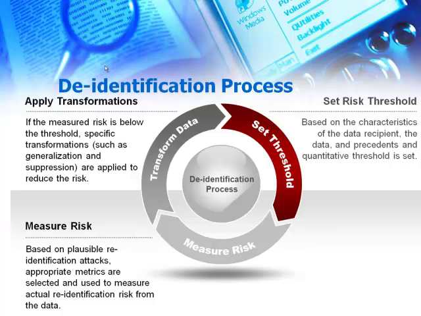And then the second, so I'll give you a link to our website at the end, and you can find more information than you probably ever wanted to know about every aspect of this process. The second step is to measure the risk. There are different ways that the risk can be measured from an actual data set, whether it's cross-sectional data or a longitudinal data set. And you also look at the different types of attacks that are plausible on your data set.